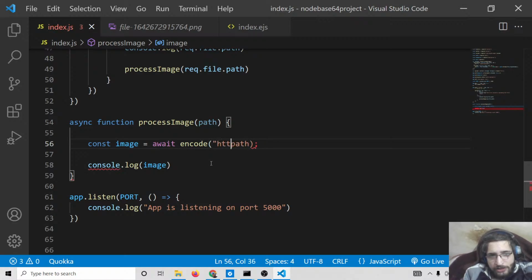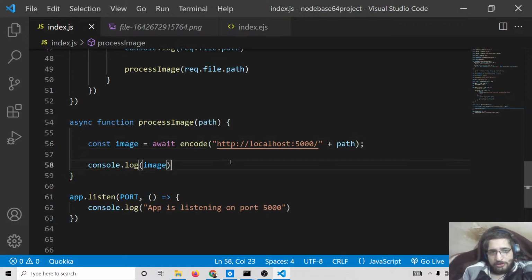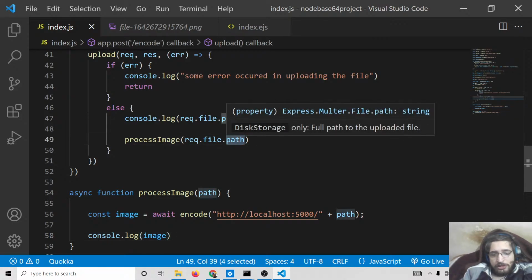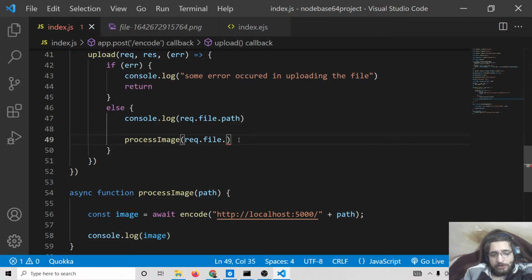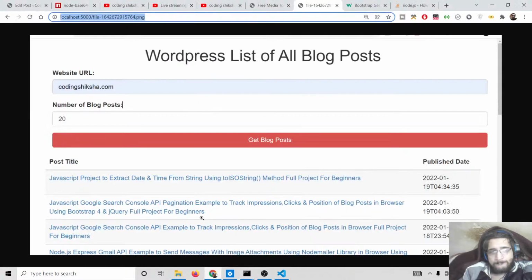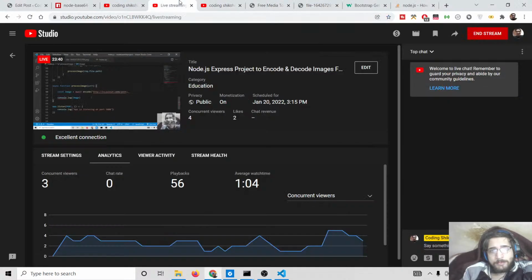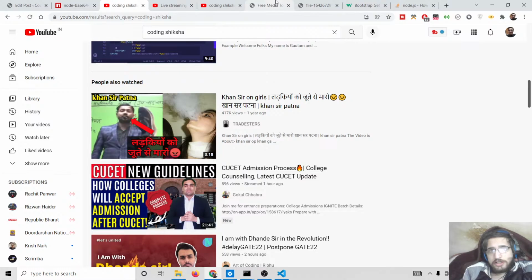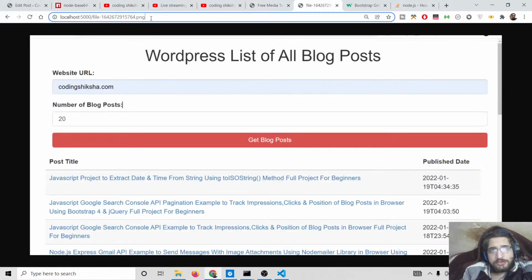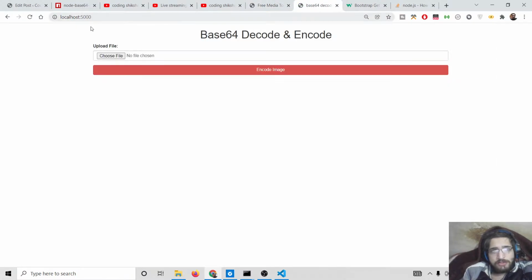We need to append http localhost 5000 slash and then this like this, and we don't need to pass the full path, we only need the original name property, that's it. So I think this time it should work. And if I try this, let's suppose once again if I go to localhost 5000,